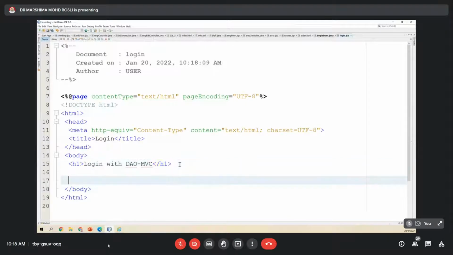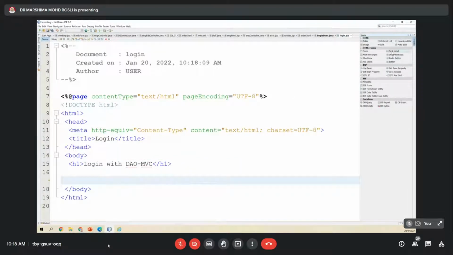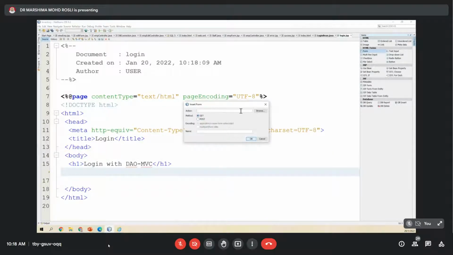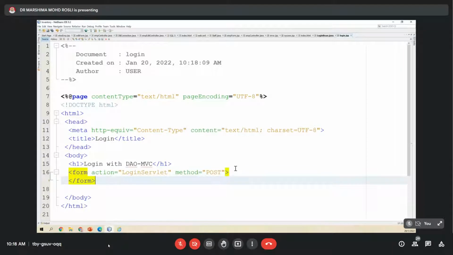Create a form. After you create the form, you have a validation there. So this one will be submitted to the login servlet using post. Right. So in the login form,